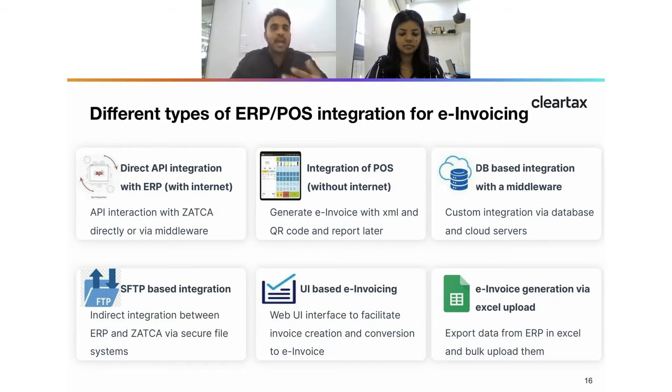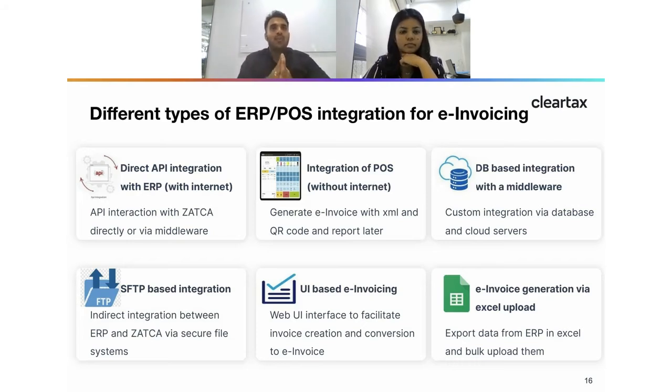The last method is via an Excel upload. Again, this is possible for large volume and low volume. You don't use a solution or you don't generate invoices very frequently. The requirement is that you have to generate once in a day or once in a few hours and things like that. You have your data in your order management system. You prepare an invoice and export it as an Excel, upload it onto an e-invoice solution, generate an e-invoice and take it back. So this is a solution which would give you responses real time, but then the invoice requirement is not so fast,